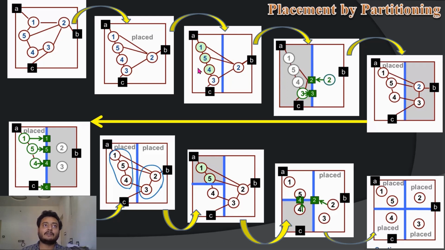Otherwise, for a bird's eye view, this concept is more than sufficient for you at this time. If you are more interested in learning these things, you can refer to Naveen Sherwani, the author of the book CAD Tools for VLSI. You can just Google it and try to read those concepts.